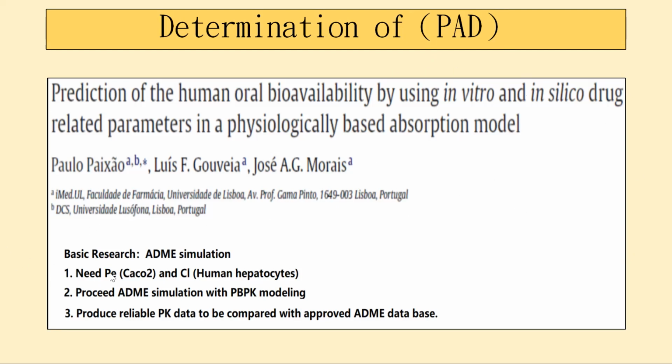That article states this way: you need your PE and CL from Caco-2 and human hepatocyte determined in vitro, and then you proceed with ADME simulation with a PBK model. You can end up with a fairly good prediction of PK. With that PK, you can then compare with the ADME database of previously approved drugs. So that comes back to our